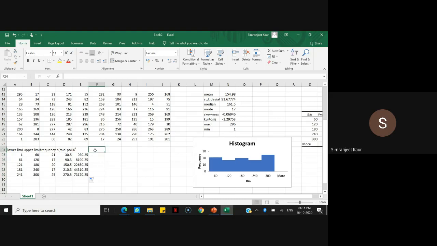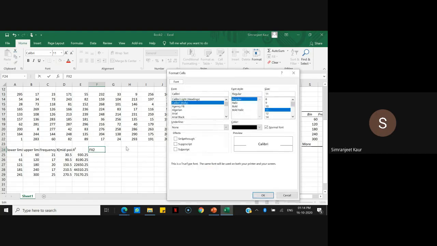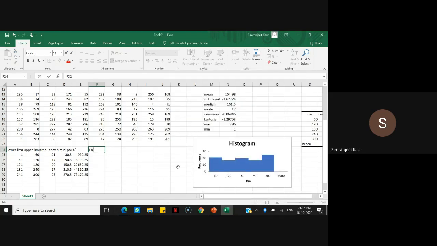Now I'll calculate fx square. For the 2 again, select, Control 1. I want it as a superscript. Press OK. So for this, I'll multiply this with x square. This is what I get.